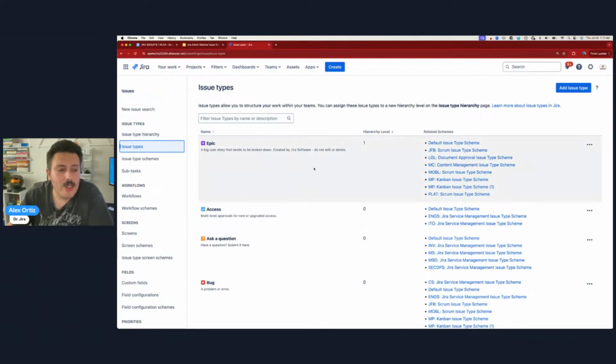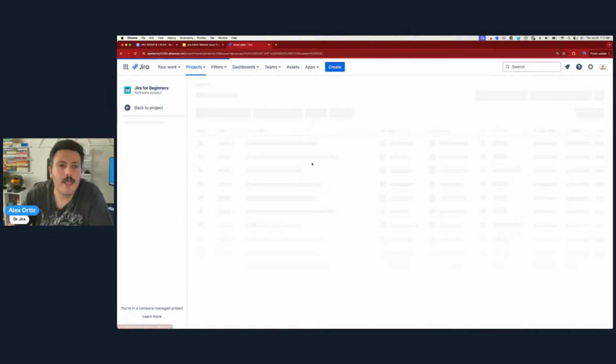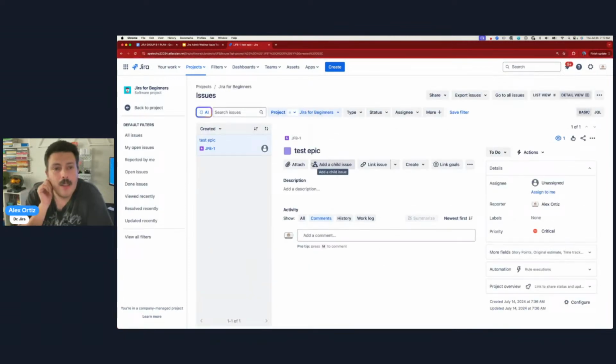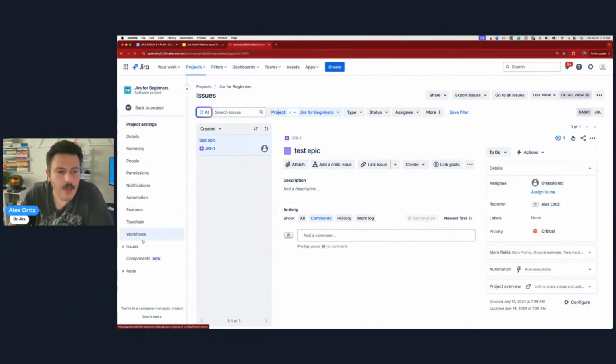So the way I like to do this, once the issue type exists, right? Once it's there, I go to project and I go into my project. So I'm going to go to this Jira for beginners. Okay. And once I'm in that project, I'm going to go back to project here. You go to project settings. When you're in project settings, there's an issue section here that